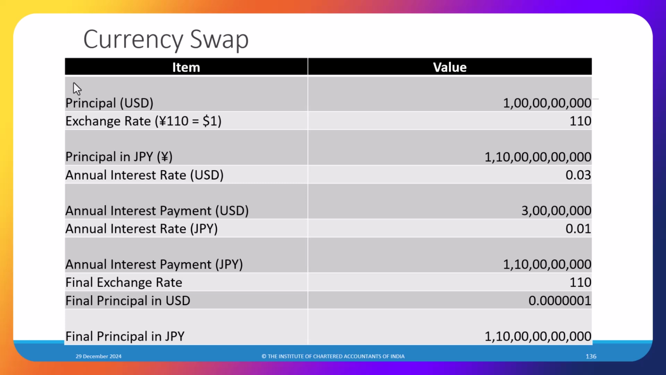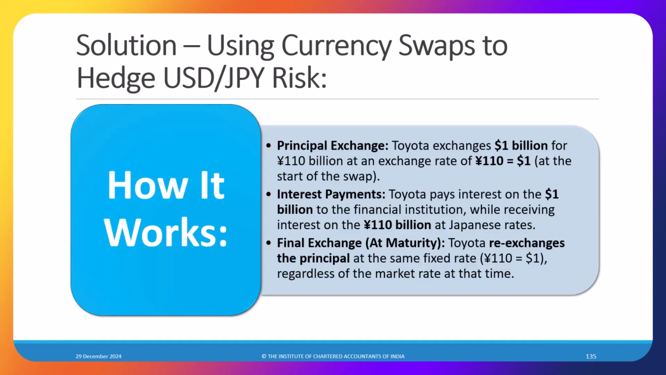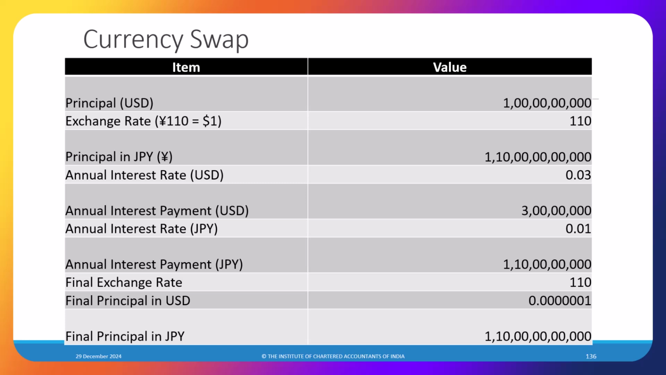So what is the final principal in US dollars? The final principal paid is 110. Look at the third column here. 110 is the rate at which they took the money, so how many dollars were there at 110? So the principal exchange was how many billion? 110 billion. So 110 billion came into Japan at the 110 rate, okay, and now they have to pay 3% rate